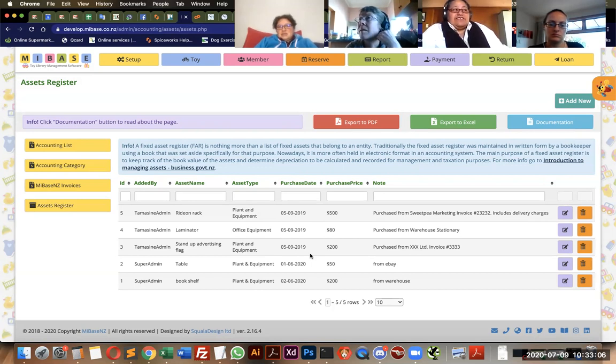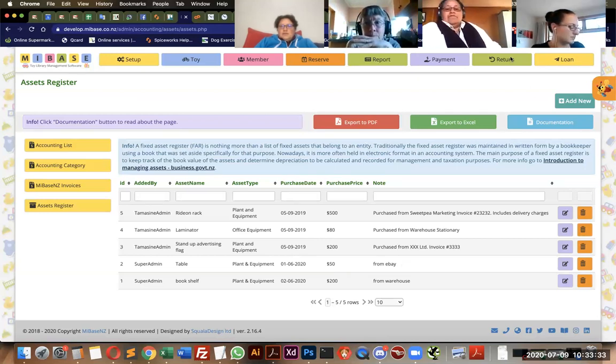That's it. So the asset type can be office or furniture, but plant and equipment is normally also furniture. You can search in Google to see which types of asset you can add. But here, it's really, really simple to use.